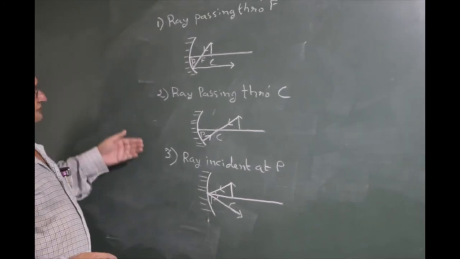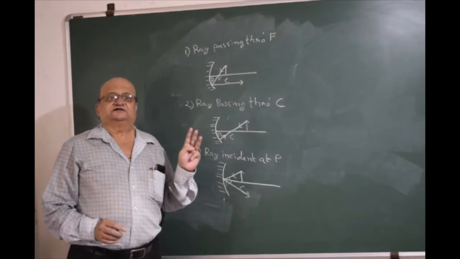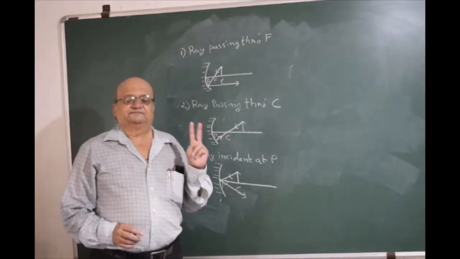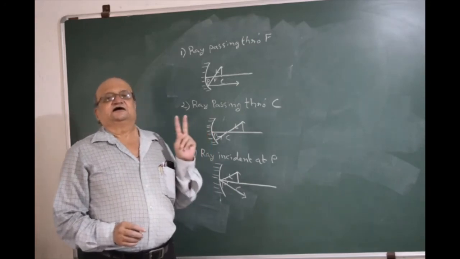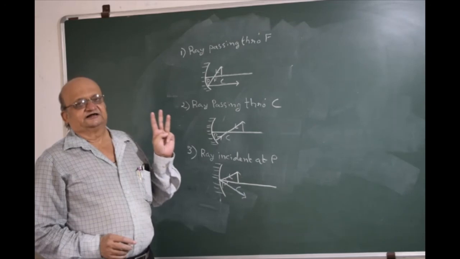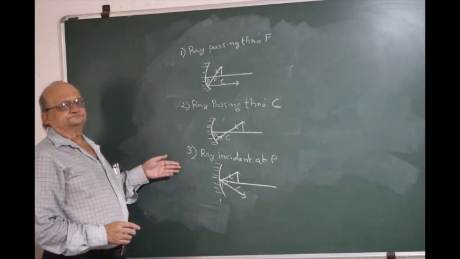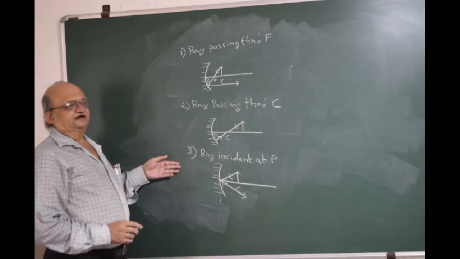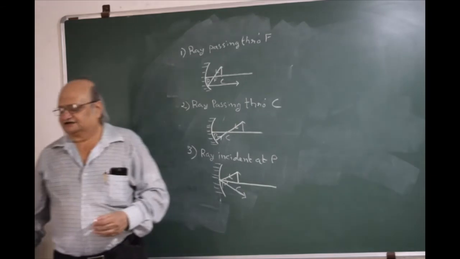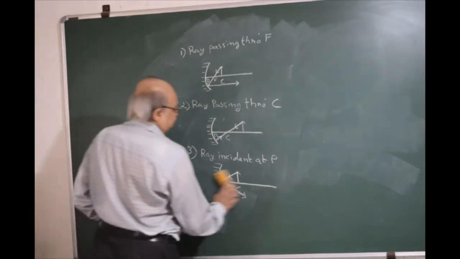We have to draw one of these three rays as the third ray. First, principal axis. Second, a ray parallel to principal axis, after reflection passes through the principal focus. Ray number 3, either one. And we complete our ray diagram. Let me illustrate the ray diagram for the third position.